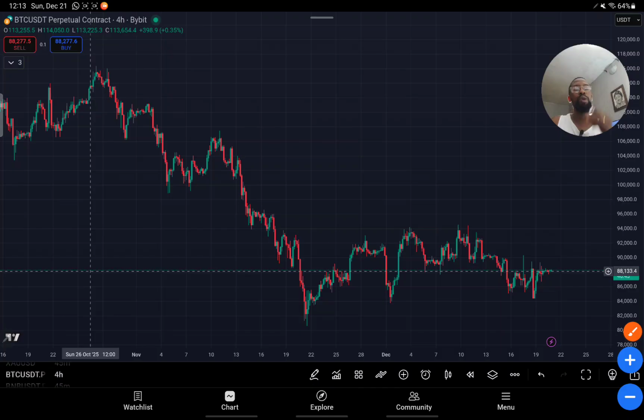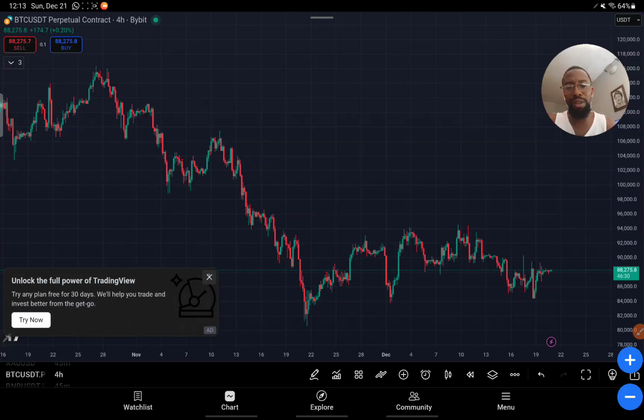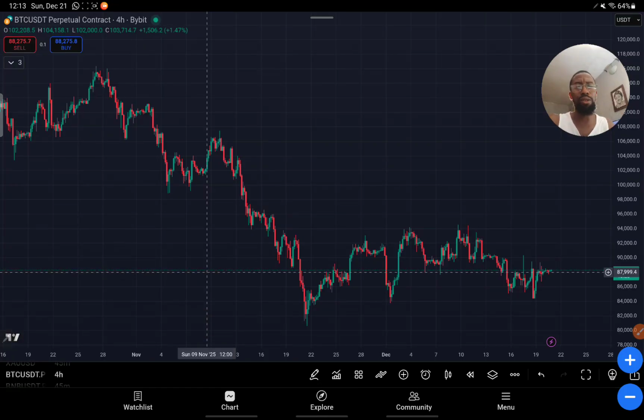So if you are looking for a point of entry that is going to give you a good risk to reward ratio, always use 4 hours. Do you understand? So if you go to 15 minutes time frame, you are going to find all this confirmation entry, bullish engulfing, bearish engulfing candle. Some of these candles, you are going to find it on all the time frames, either 1 hour, 15 minutes, 30 minutes time frame. You are going to find it there.